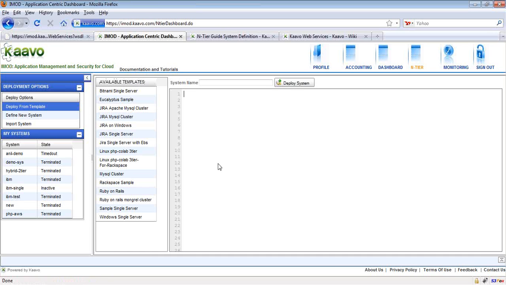So this is the entire page of the application open in front of me, and we provide a number of best practice templates. These templates are generic templates which you can create your systems from by specifying certain information. I will show you how to.